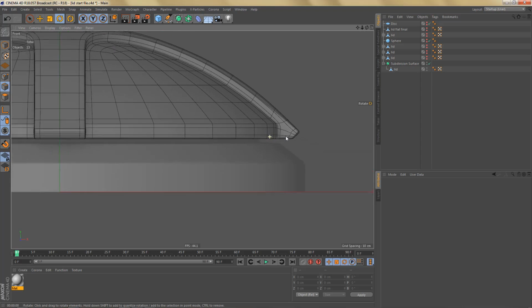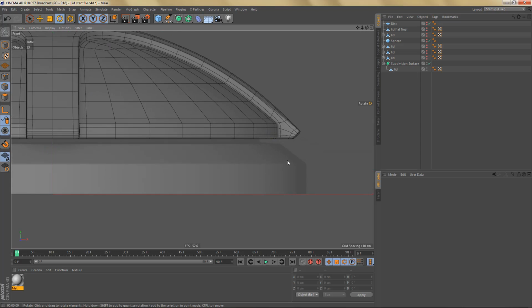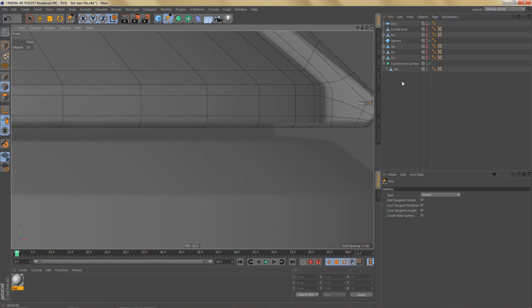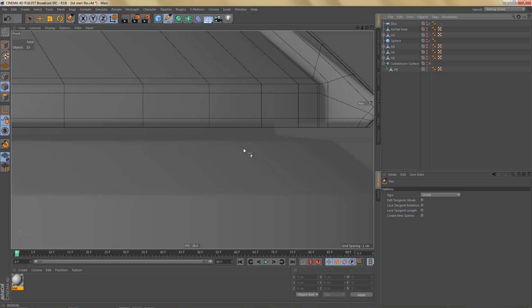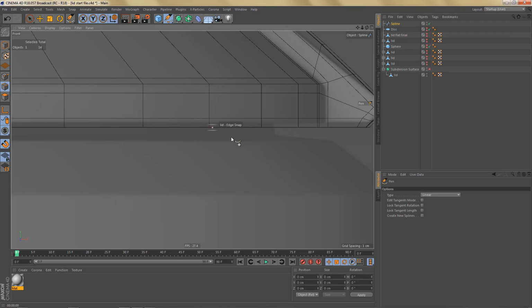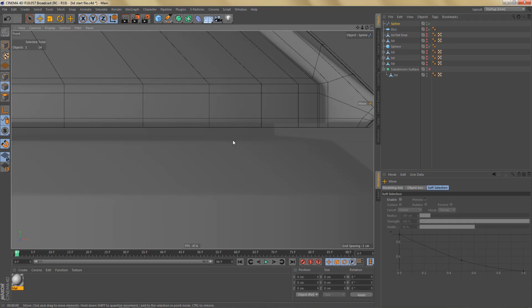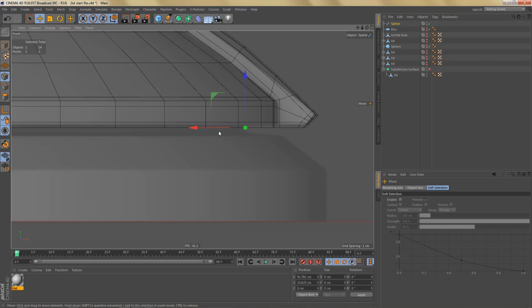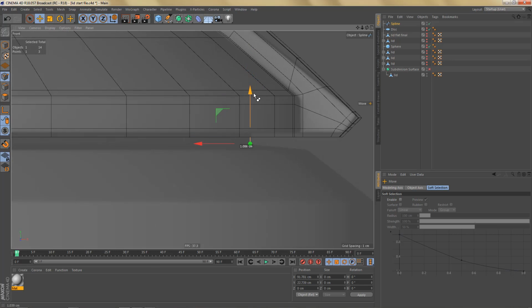Let's deselect everything, and in order to create the base we could actually use a spline, and let's switch off that subdivision surface object, and if I switch on snapping I could, let's snap it to here, then switch to the move tool and switch to point mode, and now we can quick extrude this point over like so, and let's extrude this down